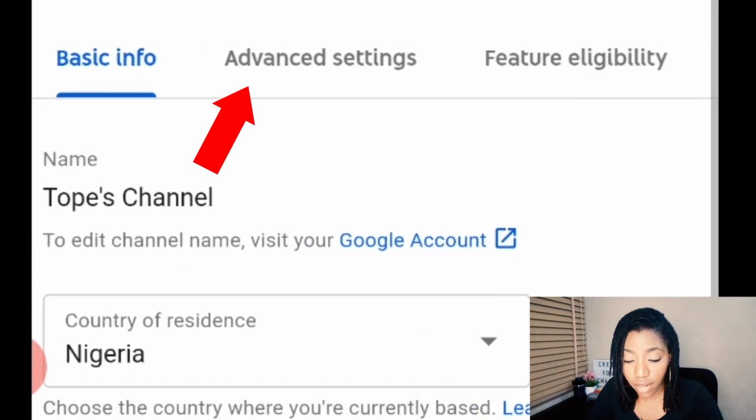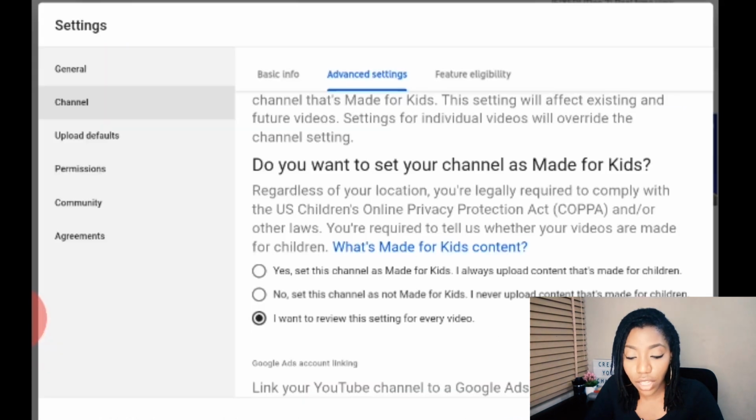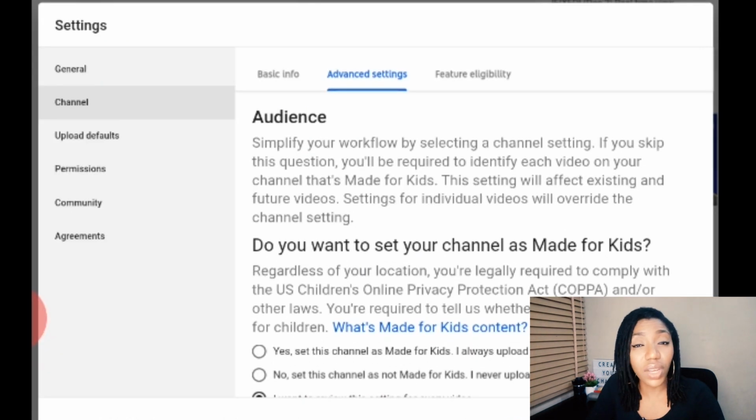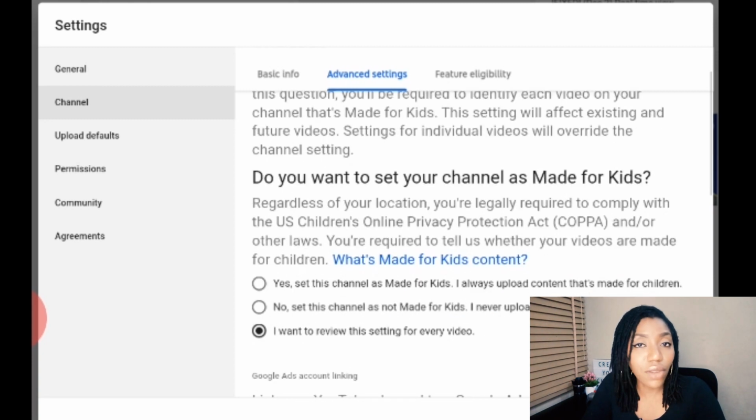Next, we move to the advanced settings tab. So here YouTube just wants to know if your channel is made for kids or not. Now this does not mean if your channel is not made for kids that you have bad content. It just means that you're not targeting kids. So for my channel, for instance, I don't have content for children. So I'm going to select